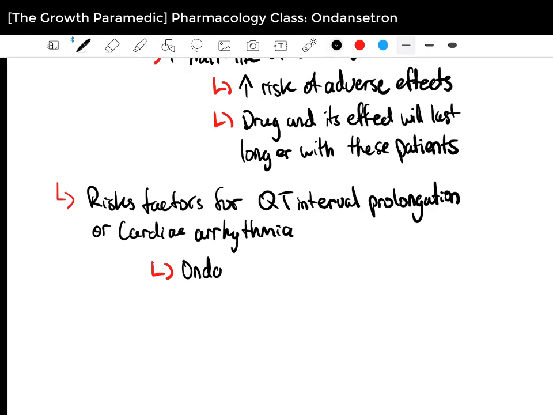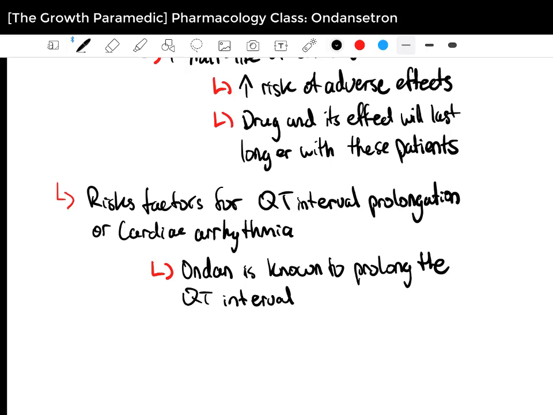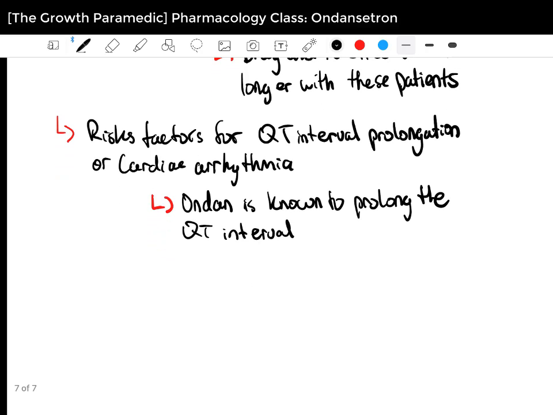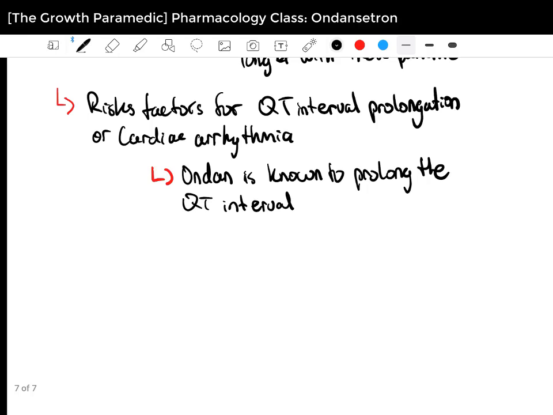Ondansetron is known to prolong the QT interval. And you'll know about this in the ECG session that I'll talk about later on in another video, as I've been mentioning. So if you're not too sure what that means and what the QT interval is, I just need to let you know that research has identified that ondansetron